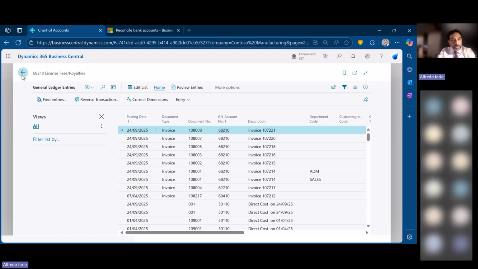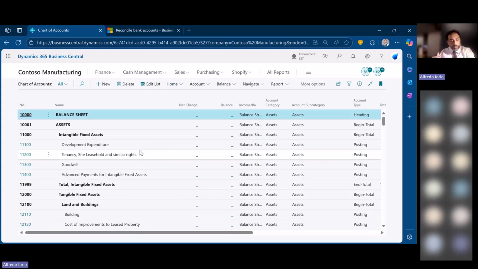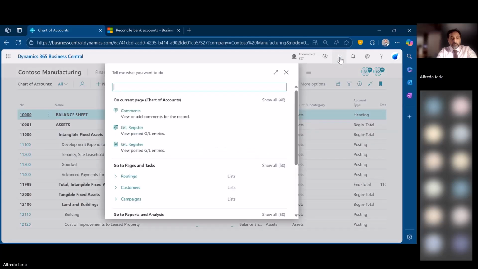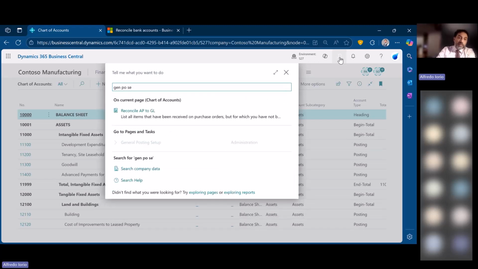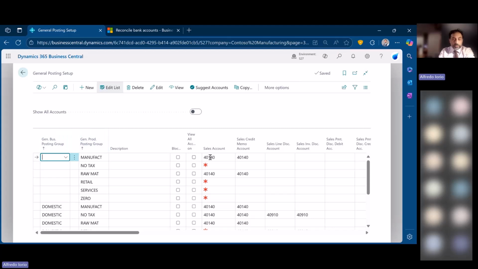And I used a structured approach to go from the foundations of the general ledger to the link between the general ledger and the subledgers using posting groups, like general posting setup, there we go. Then I showed how the posting groups link to the general ledger. So I used a structured approach starting from the foundation up until we ended up creating something more sophisticated,